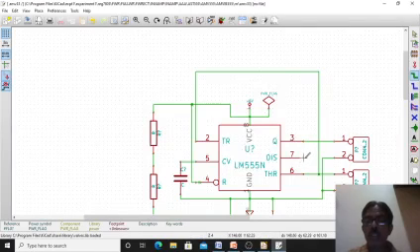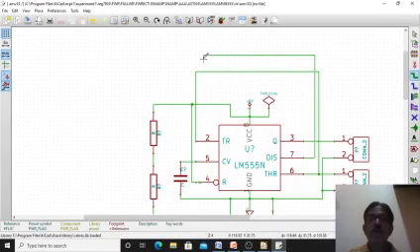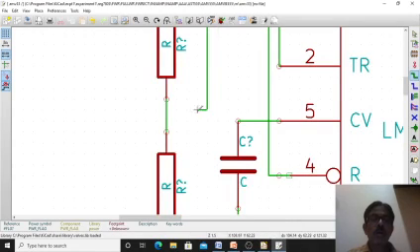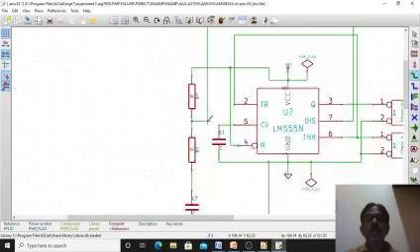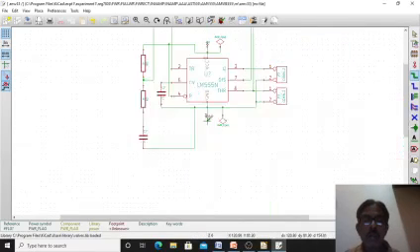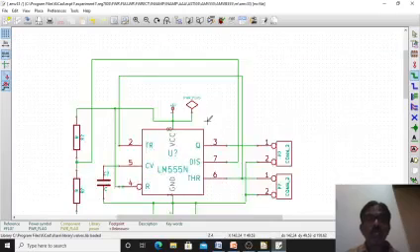Check your circuit diagram. I have connected here. Okay, that is pin number 7 I have connected, right? I hope I have connected all the wires. Okay, no wire is remaining, so all the wires are connected.